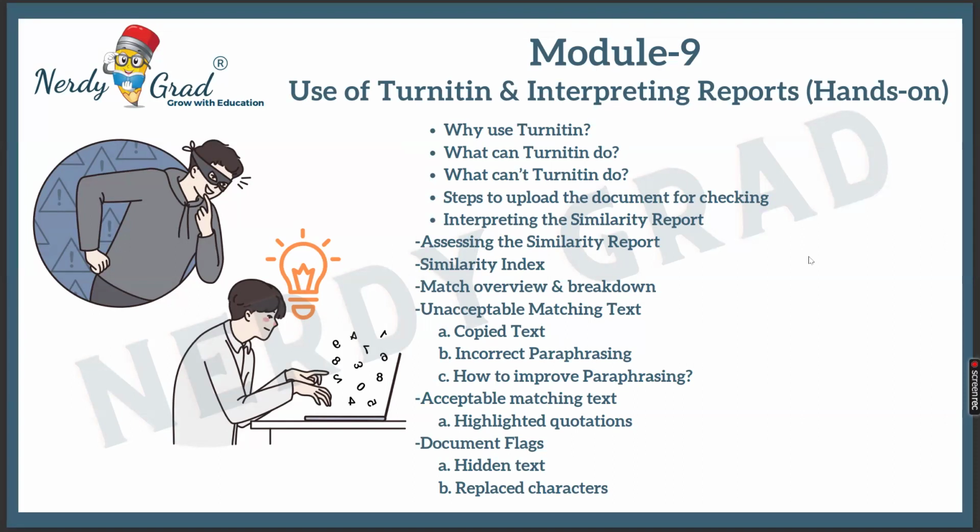And then comes the copied text, incorrect paraphrasing, how to improve paraphrasing, and then acceptable matching text, which is highlighted quotations. Then comes document flags, which is hidden text and replaced characters.